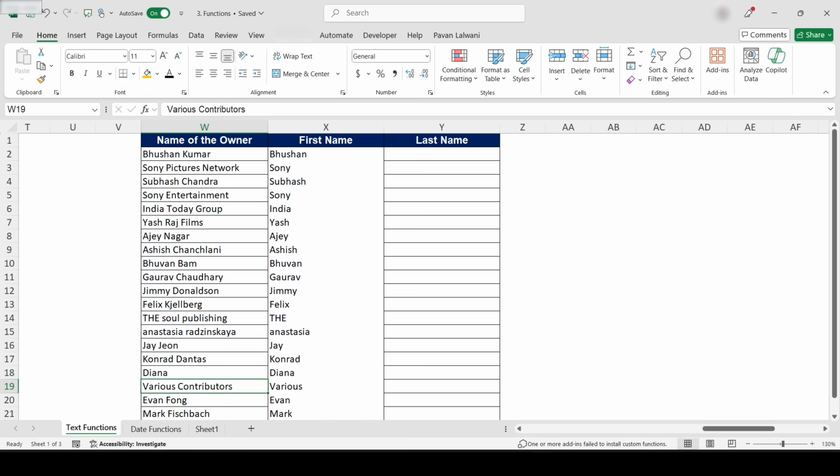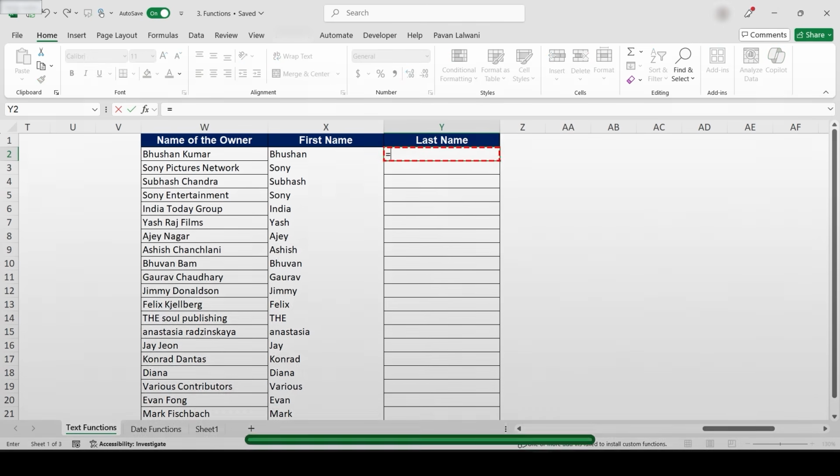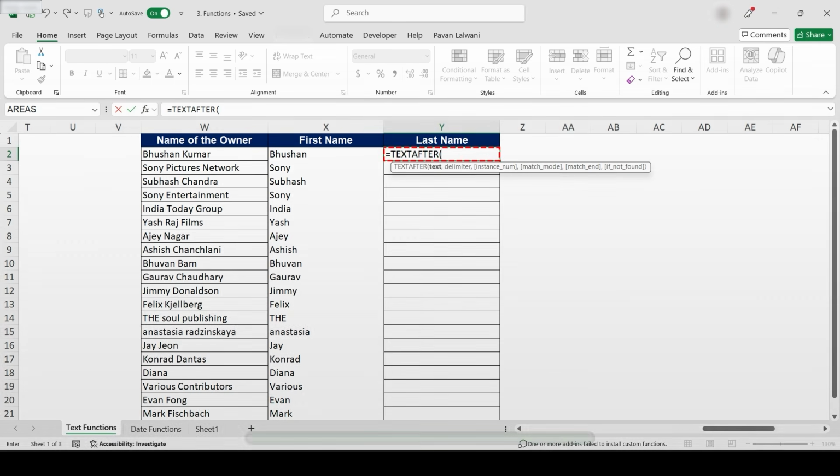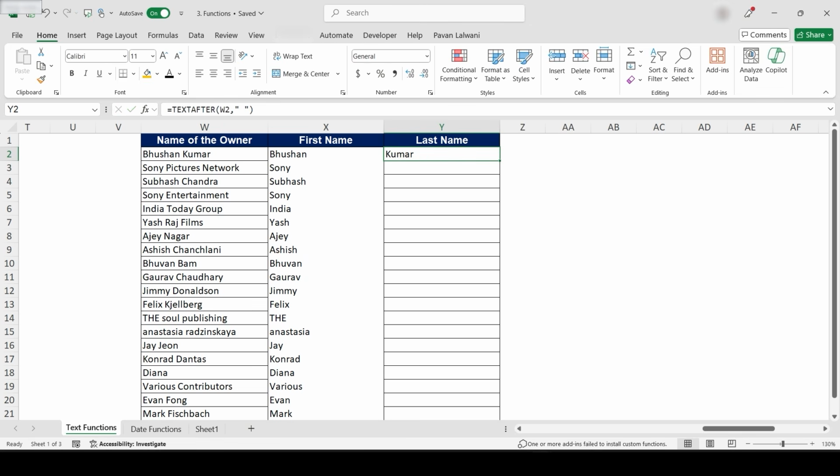Now similarly, if I want the text after the space, I can pick up. So I want the first name, and whatever is the other part, I just want as a last name. So I will use text after. The function is new, recently it has been added. And now text after, again the options would be the same. So I will select the option as W2, comma, double quotes, space, double quotes, close, and enter. So this will give me the last thing, which is text after. And if you observe,